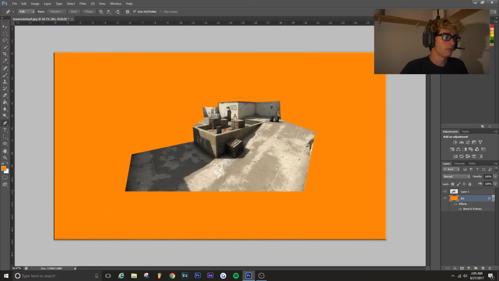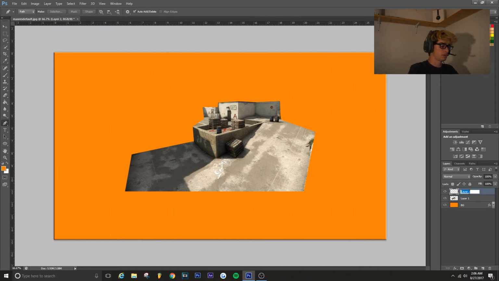Okay, so now what we're going to want to do is pick which area we want to start with. For me, I'm gonna start with this ground area right here, and each section where something changes, you have to start a new layer. So for instance, right here, this is a ramp, so we can only do this area right here on the first shape. So what we're gonna do is come here and make a new layer,